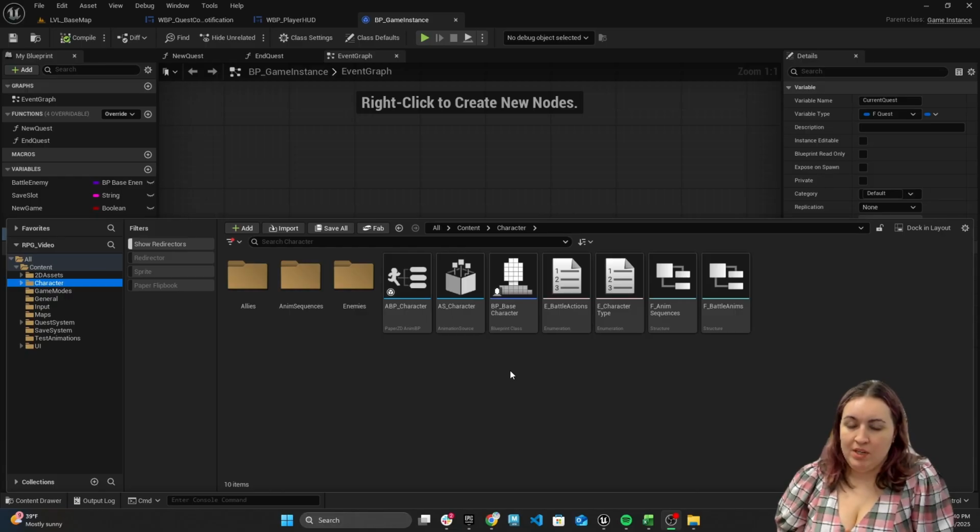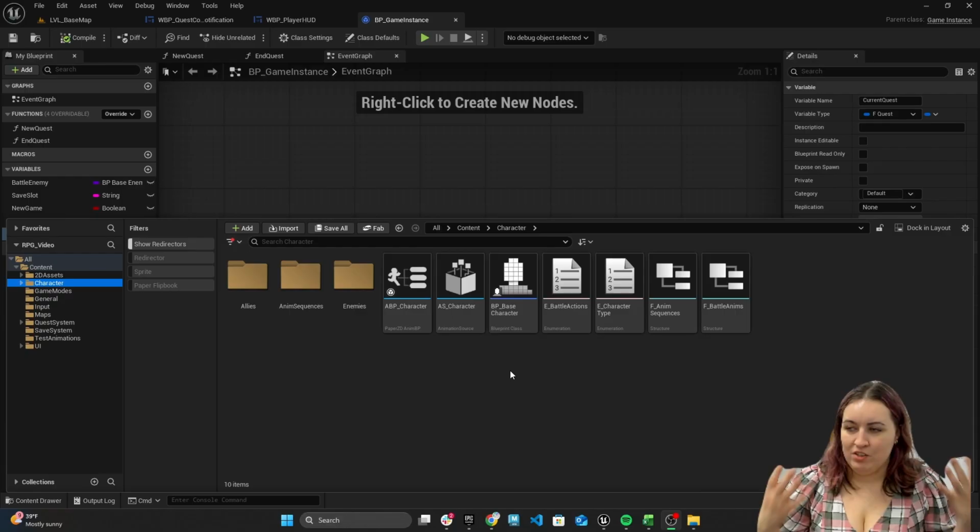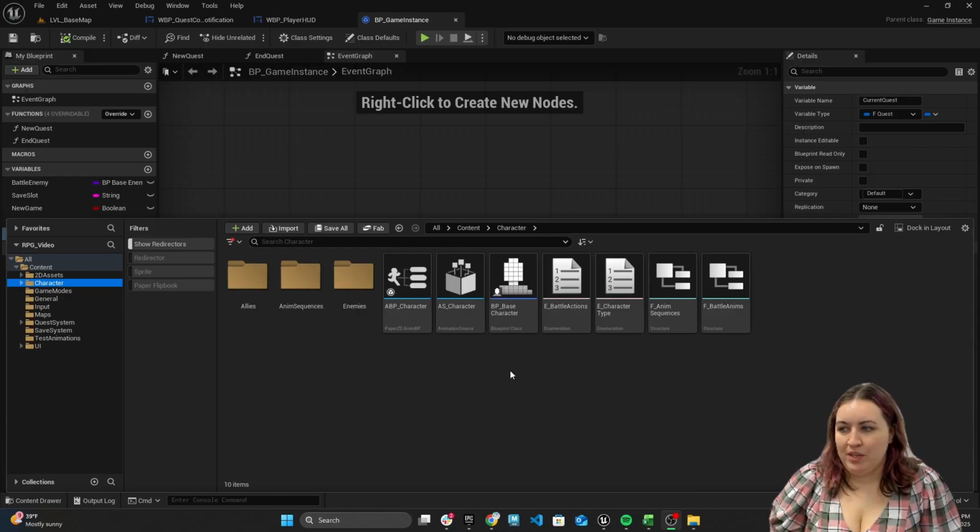So basically, if I wanted to have like 50 enemies, it would be really, really easy to do that because I only have to do all the code for the enemies in one class that they all share. And then all I have to do is just create 50 what we call children classes that all have different looks, like a purple enemy and a red enemy and a green enemy and a yellow enemy. And all I'm doing in those is just changing how the character looks and maybe changing their health and maybe changing how much damage they do, but I don't have to add code for any of those because they're all going to share the same code. And that's the really, really cool thing about inheritance, and we definitely want to use it in an RPG style